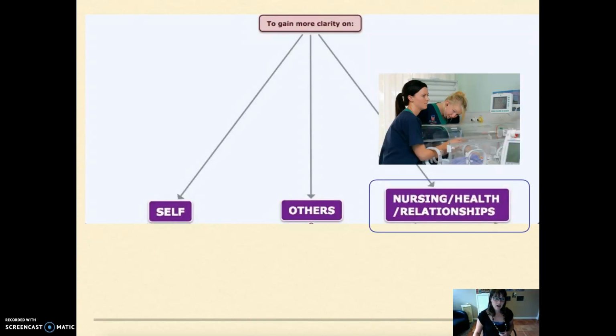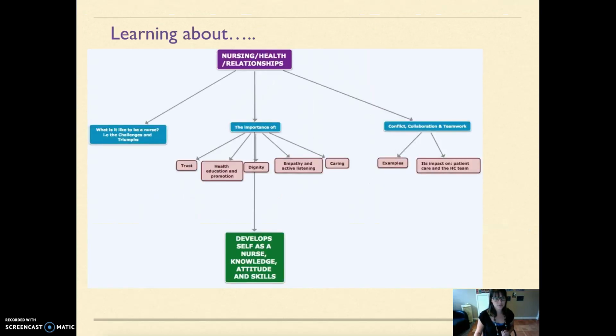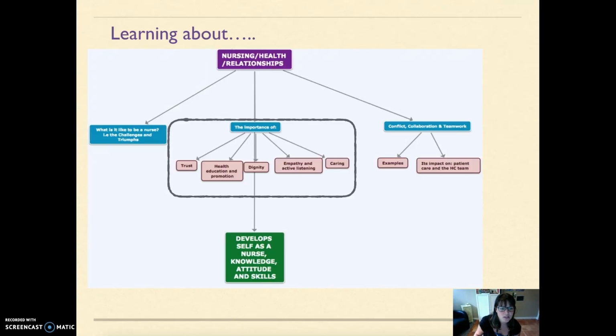So now looking at how reflections can provide more understanding and clarity on nursing, health, and relationships. So we may want to look at what is it like to be a nurse? What are the challenges and triumphs? We may want to examine certain nursing concepts like trust, health education and promotion, dignity, empathy and active listening or